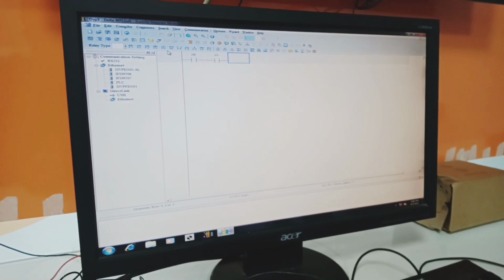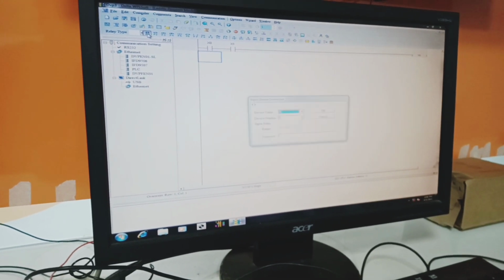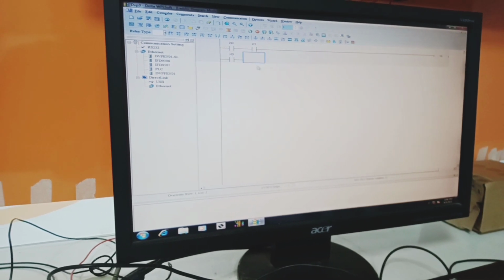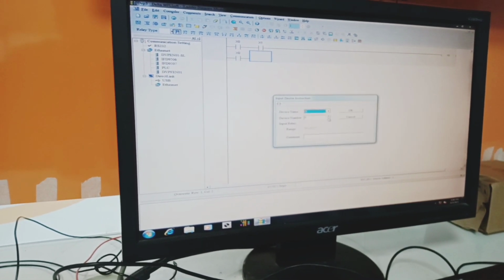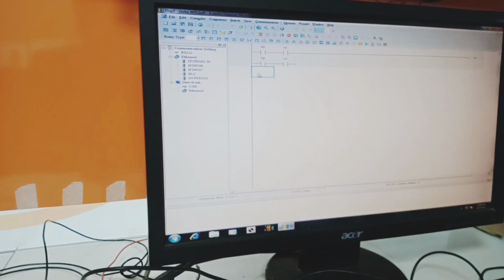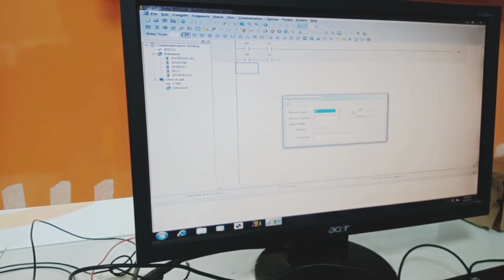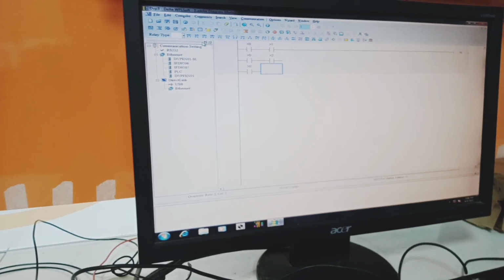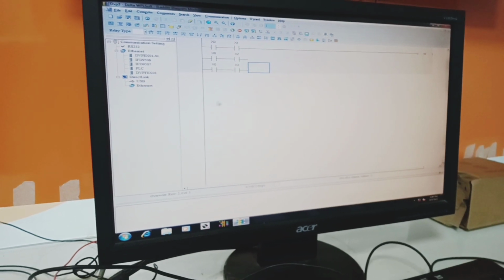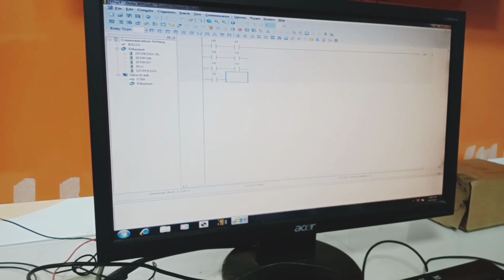In this, if we press the first button, then nothing will happen, and if we press any 2 buttons, then first output will turn on. If we press any 3 buttons, then our second output will turn on and first will turn off. And if we press all 4 buttons, then our third output will turn on, and at once only one output will be on. So here we are going to make this program and then we can upload this program in Delta PLC and show you how it works.